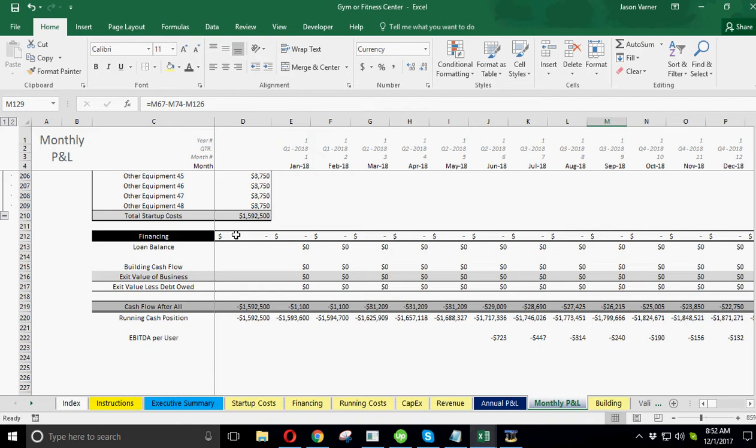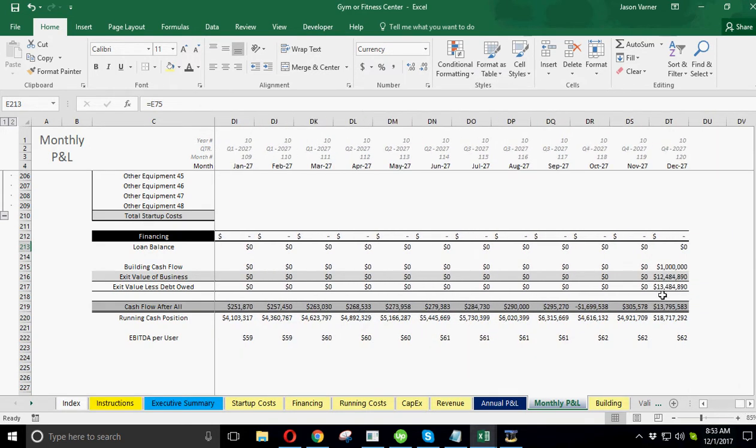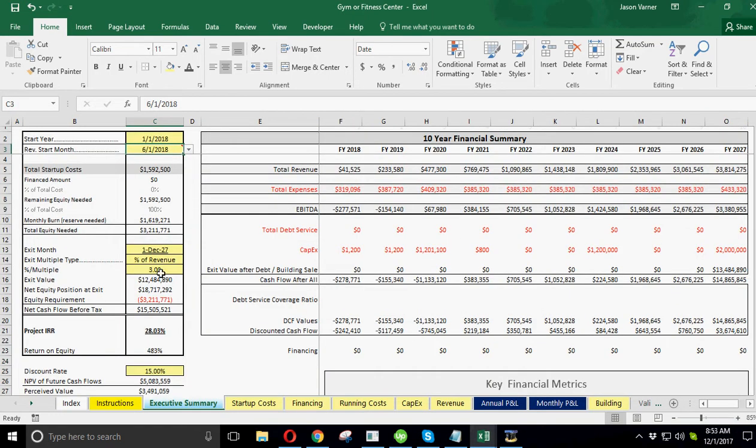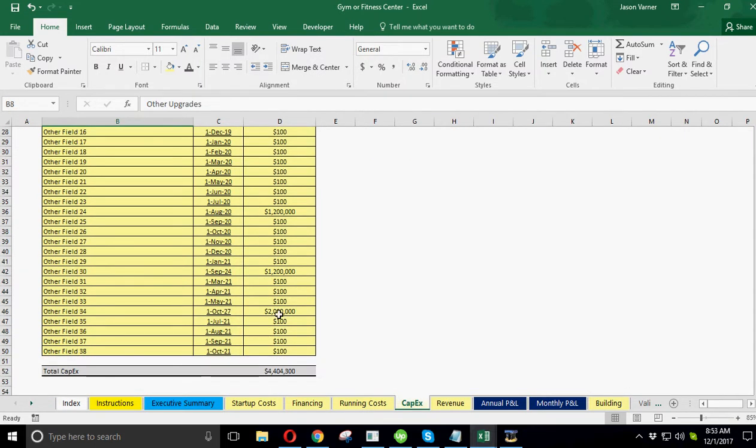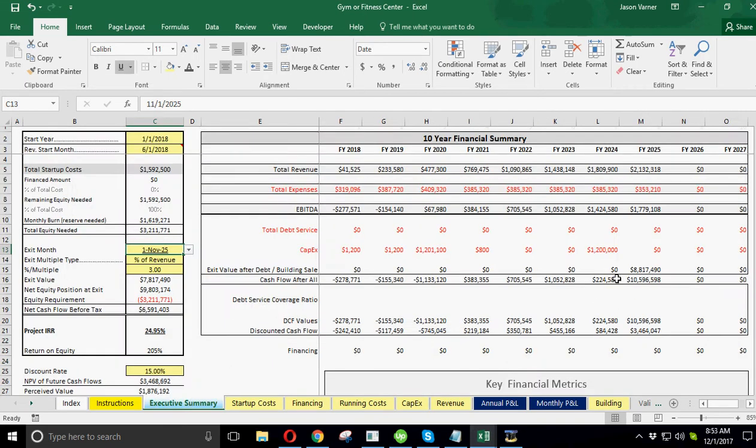What else? So here's the loan balance, and that's going to be important because on the exit date, which we currently have on December, but we could put it at any month dynamically from the executive summary. It's like I could put in, let's see, November 2025. And obviously this capital expenditure would not be there if I'm selling in 2025. I would put this at 0 for 2027, obviously. And so if we did exit 2025,